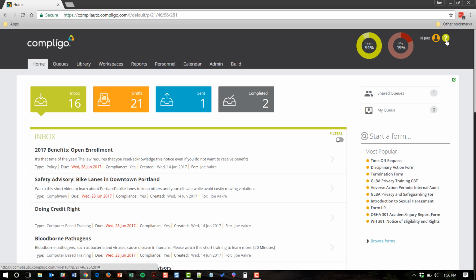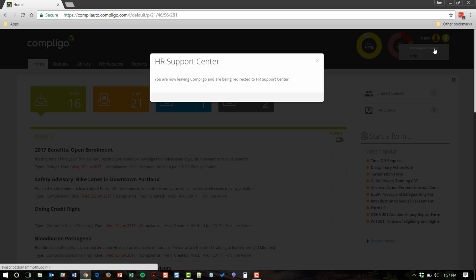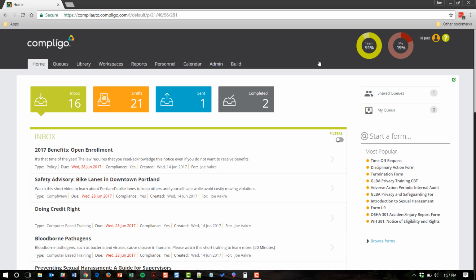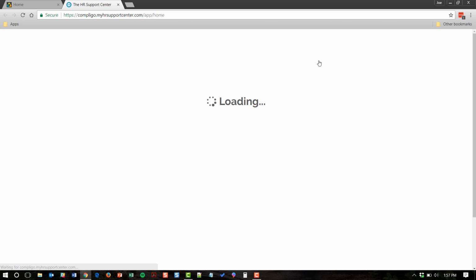We've got that set underneath this little question mark. So as I click this, you'll see this pops up. Now, this is something that you have access to. It's going to be very HR specific. Nobody else in the organization is going to be able to access this. Now, if I click on this, this is going to take me to the support center. Close that out. You'll see this is going to jump over to the support center where we're going to talk